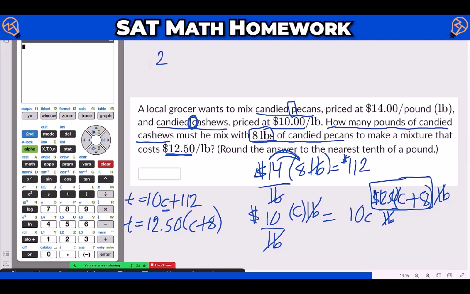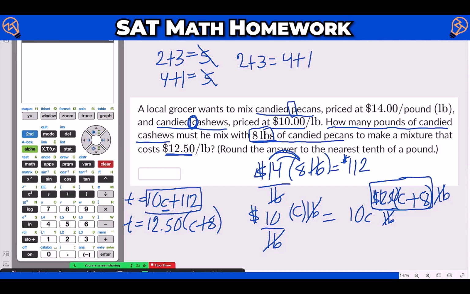Well, if, as an example, 2 plus 3 equals 5, which it does, and 4 plus 1 equals 5, which it does, if two things are equal to the same thing, isn't it safe to say that those two values are equal to each other? Using that same reasoning, if 10C plus 112 and this quantity here, both of which are equal to T, wouldn't that mean that they're equal to each other? And then at this point, you could obviously solve,